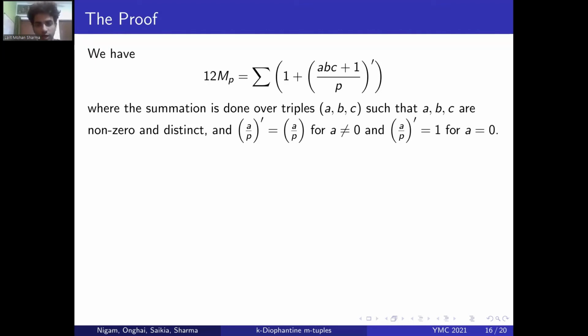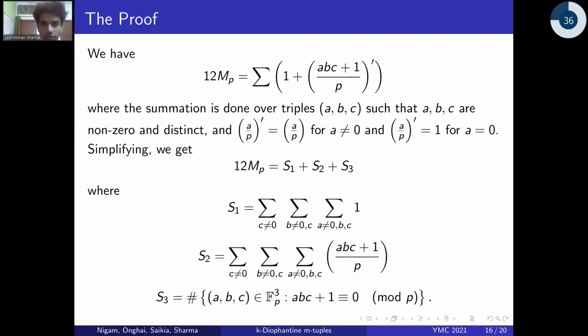And we have this modified Legendre symbol where for a non-zero, a over p prime is just a over p, and for a equal to 0, a over p prime is 1. The factor 12 on the left-hand side of the equation is just 2 times 6, where 6 is due to the permutations of a, b, and c, and 2 is just due to the extra 1 in